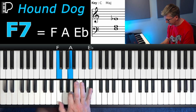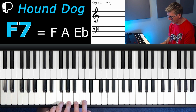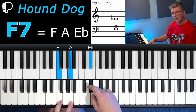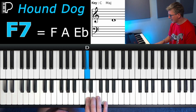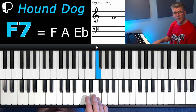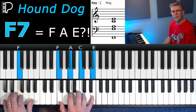Okay, so we're going to play an F chord, but we're going to take away the 5th. Root position F. But we're going to take this away and replace it with a 7th note, or a flattened 7th, okay? Because the F major scale is F, G, A, B flat, C, D, E, F. So that's the 7th, that's the 8th. I'm going to go down to the 7th, okay? But if it's a flattened 7th, it gives that nice bluesy sound. Otherwise, it's more like a...